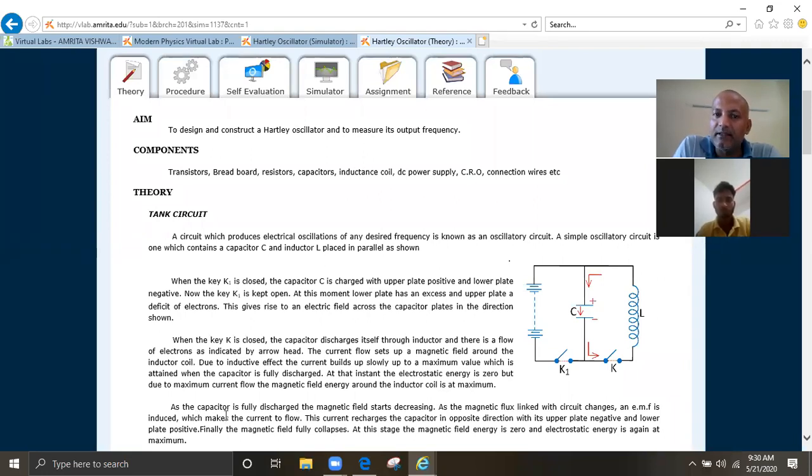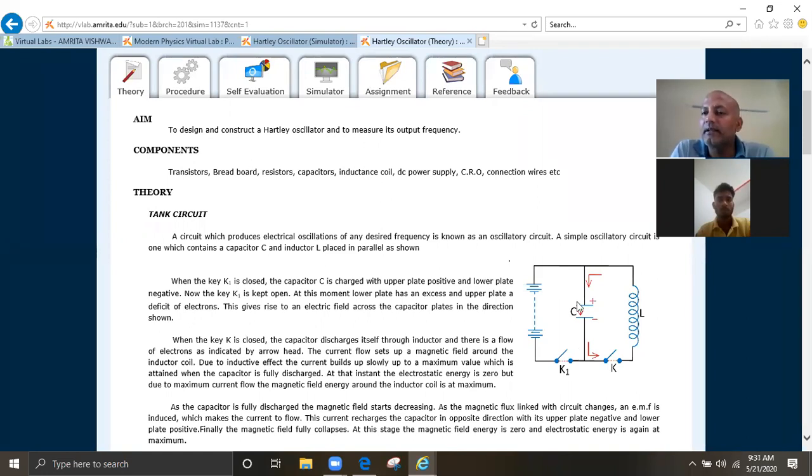As the capacitance is fully discharged, the magnetic field starts decreasing. The magnetic flux linked with the circuit changes and an EMF is induced, which makes the current flow. The current recharges the capacitor in the opposite direction, and this process continues infinitely if the resistance is zero.